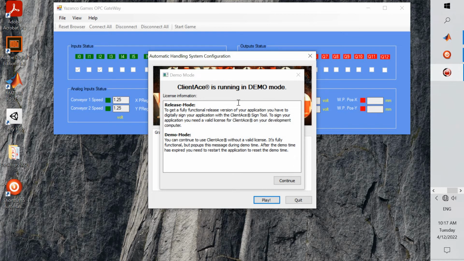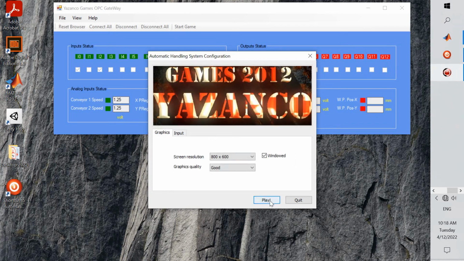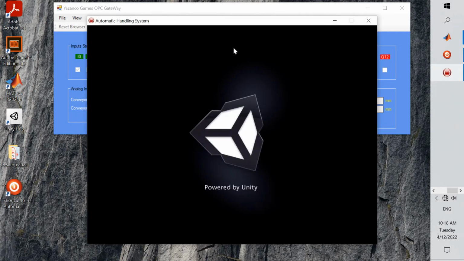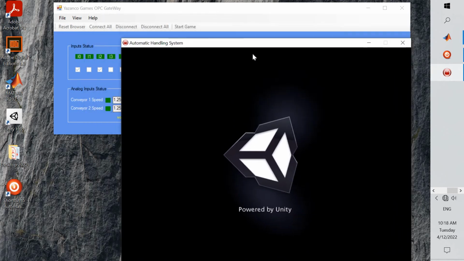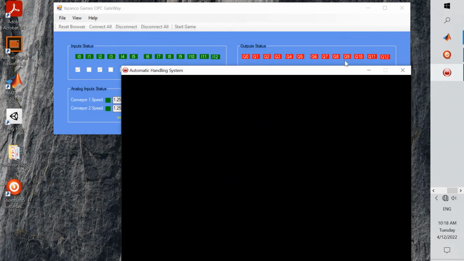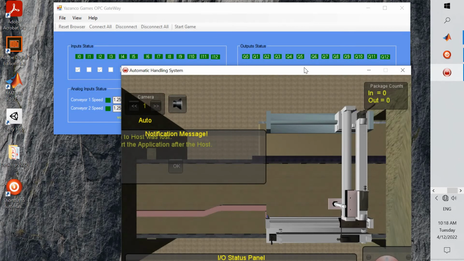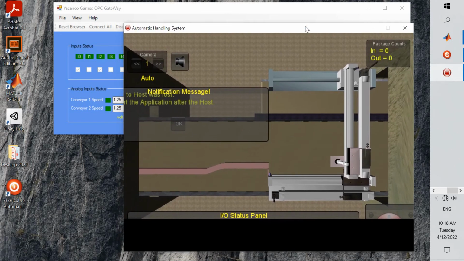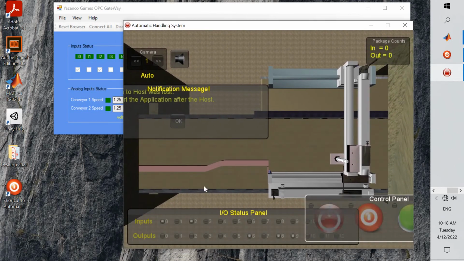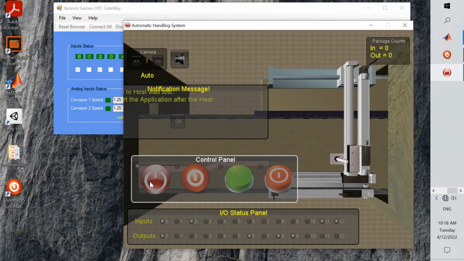That's why we are having this pop-up, which will keep coming up every now and then. So I will start the game now by pressing the play push button, and you just have a look at the tags shown here. They will turn green, indicating a good connection. So I will start the game now,